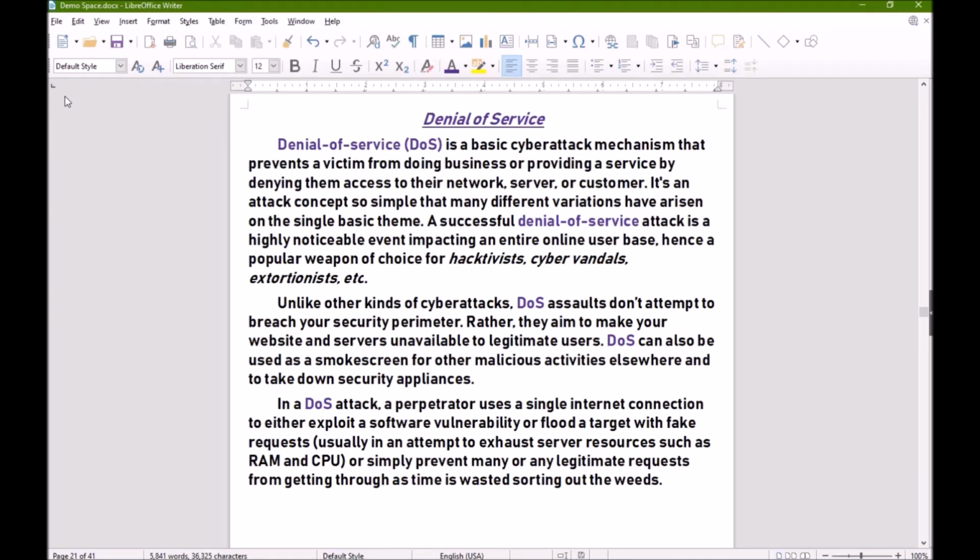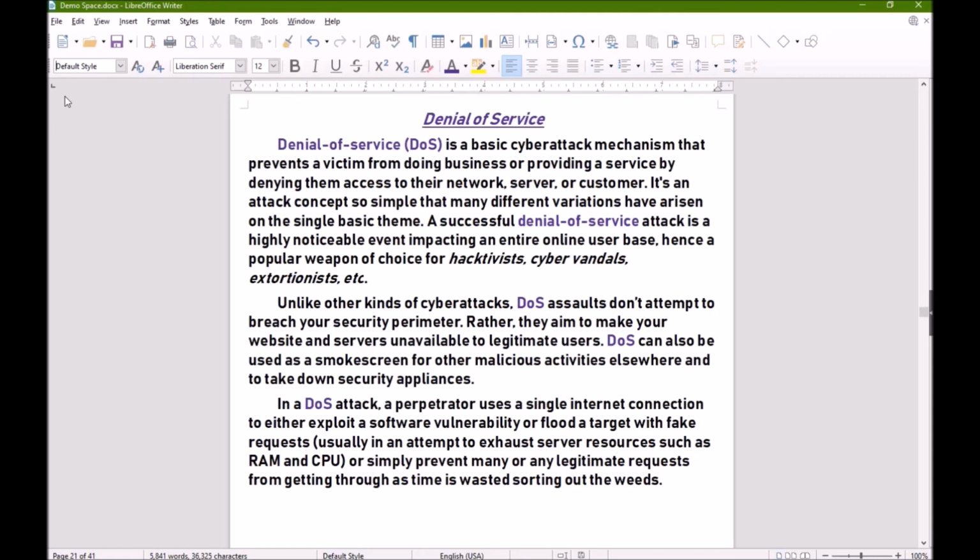Unlike other kinds of cyber attacks, DOS assaults don't attempt to breach your security perimeter. Rather, they aim to make your website and servers unavailable to legitimate users. DOS can also be used as a smokescreen for other malicious activities elsewhere, and to take down security appliances.